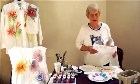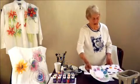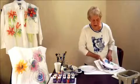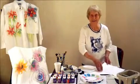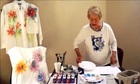But we're not going to paint on newsprint. We're going to paint on copy paper. Just whatever you use in your computer printer works fine. We used to call those things mimeographs, but you get the idea. It's just plain ordinary paper. And I'm going to show you how to